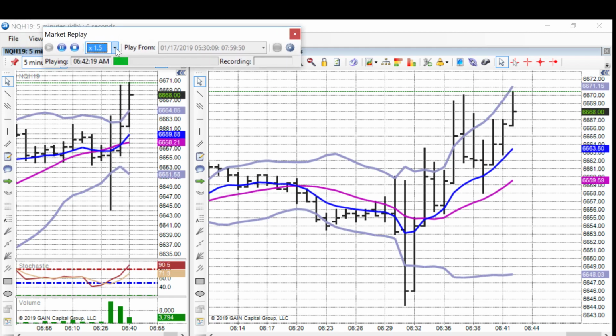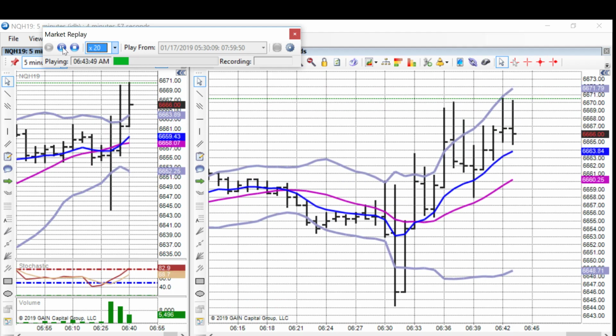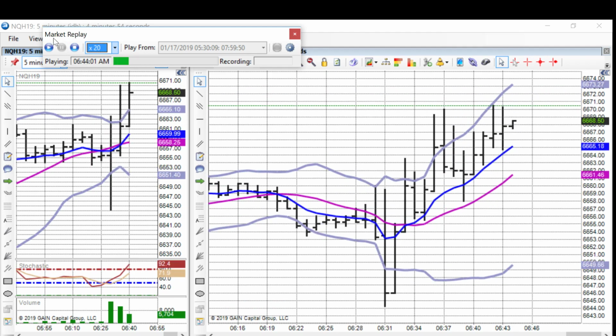Okay, let's look for the next one. So I'll speed it up again. Oh, that one happened pretty quick. So if this is happening in real time, it'd probably be long right about here. See, as that new opening bar. So you want to try to really be accurate with those. That's why I try to get it on the opening,